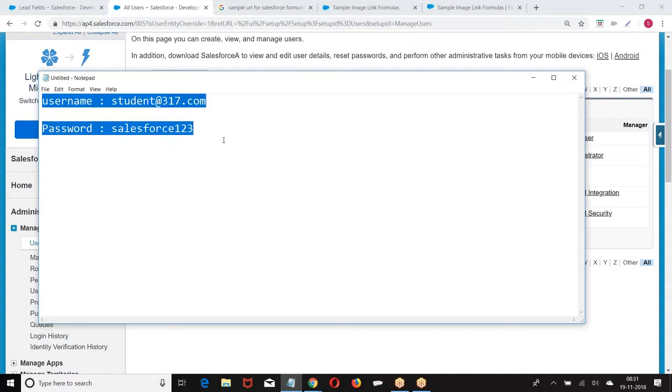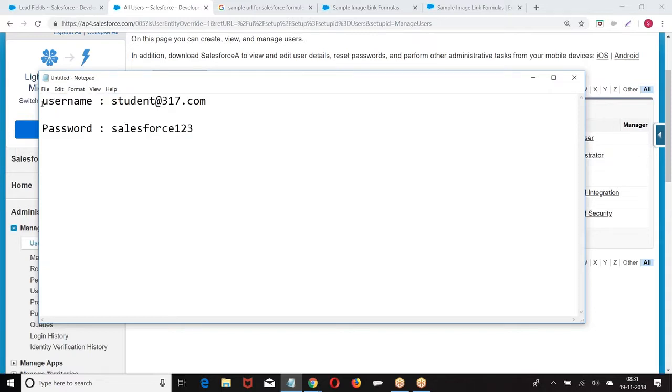This is the username password. This is the username password for accessing the